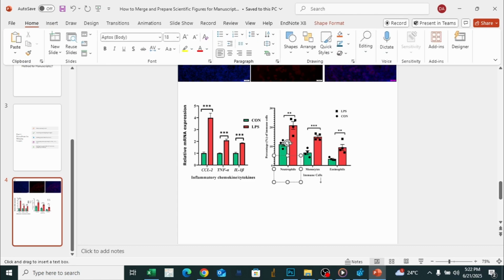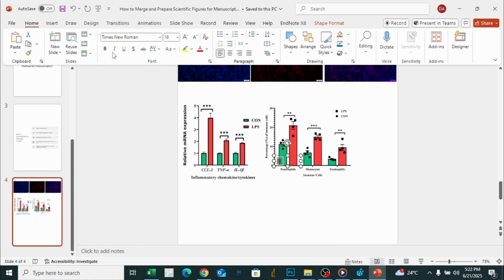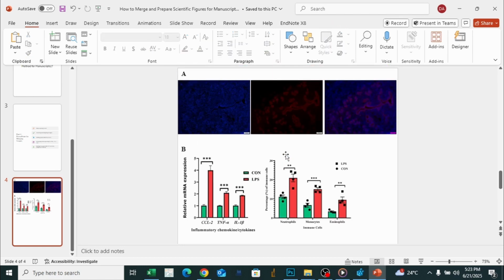B. Just B, and we can select the font size equal and bold. Okay, and then we need to keep it here. Once we have done this, we need to export, but before export I also want to